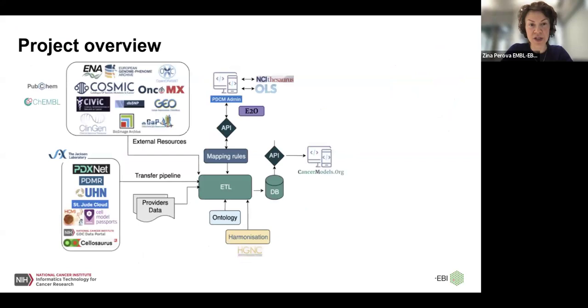So I've mentioned the external resources that we integrate with, such as EGA and Raw Data Archive. We also integrate with cancer annotation resources, such as OpenCravat, Civic Database, ClinGen, OncoMX, Cosmic, that provide information about the genes and variants and their clinical significance. Within the treatment data, we also link to the compounds for additional information on the compounds used in the drug dosing studies. We link to images in the bioimage archive, the histology images that are associated with the models